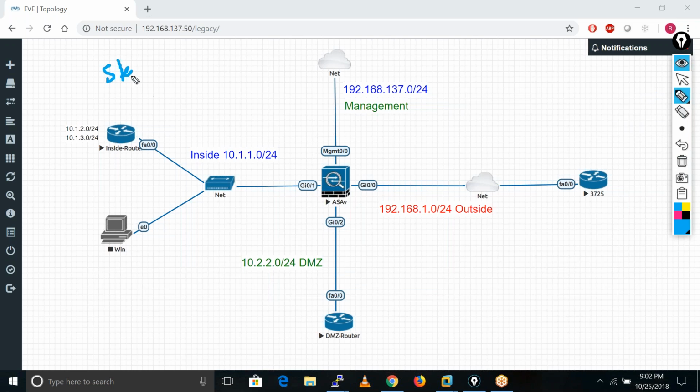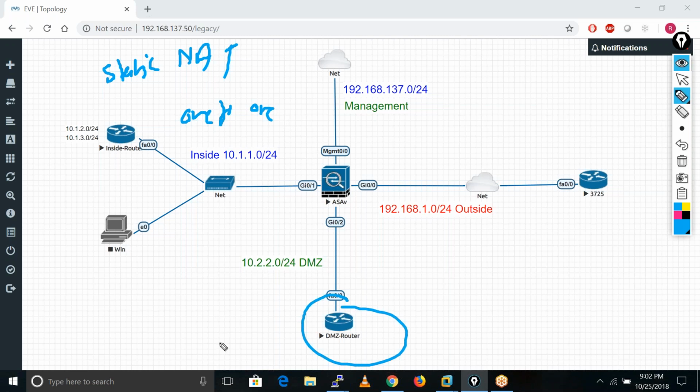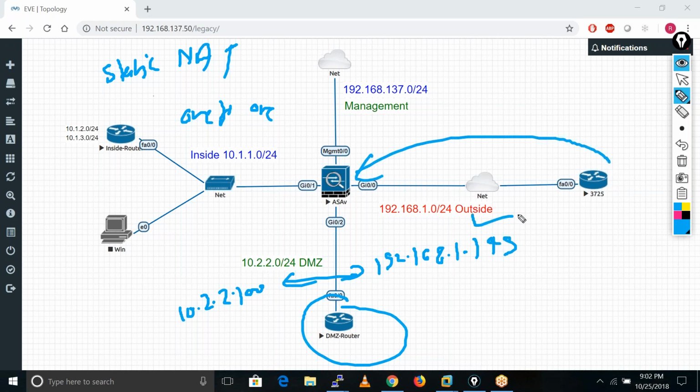After that, we have static NAT, right? Static NAT is one to one. One to one means if we have a DMZ server, like this is our DMZ server 10.2.2.100, we configure the translation, let's suppose this is our public IP address 1.149. So when our ASA firewall receives any request on this IP address, it translates these requests into this IP. And one more thing, it's bidirectional.